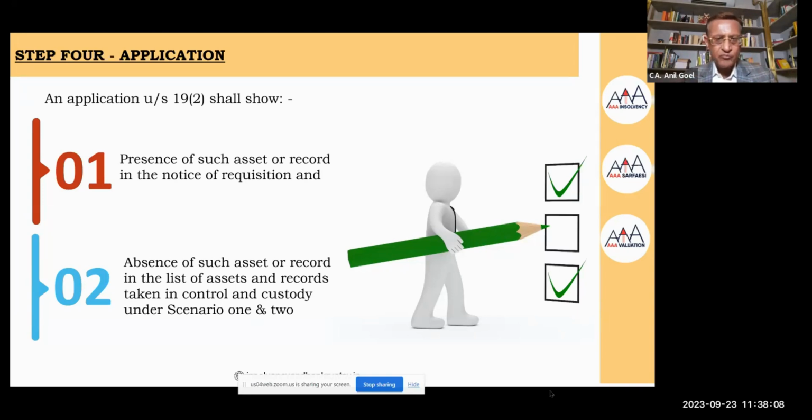So I think what I'm trying to say is that handing over of the asset to someone is a very, very important part in these regulations. We actually have to say that this particular car was taken into custody and control, but it was handed over to the general manager of the company. And that general manager should also acknowledge, yes, I'm using the car of the company, but it belongs to the company and I will keep it safe with me. So it is a very big process now. When you become an IRP for a company, so this particular